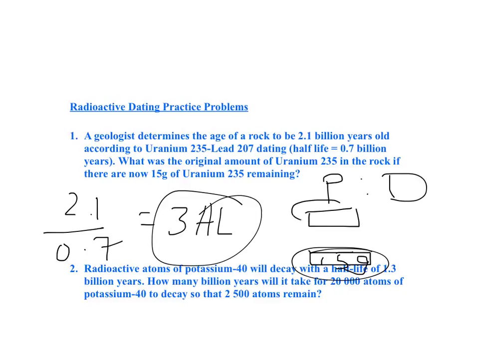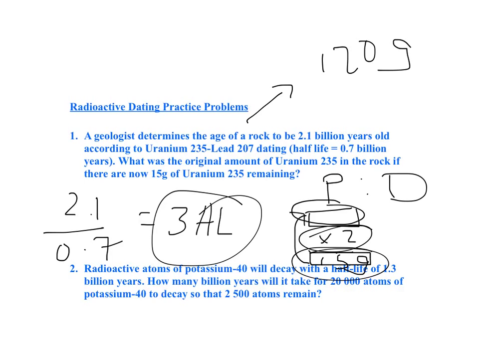Whatever this number was right here, it would have got divided by 2, divided by 2, divided by 2 to give us 15 grams. So we just need to do the opposite, and instead of dividing by 2 3 times, we're simply going to multiply by 2 3 times. So 2 times 15 is 30, 2 times 30 is 60, and 2 times 60 is 120. So the final answer is that 120 grams of parent was actually in the rock